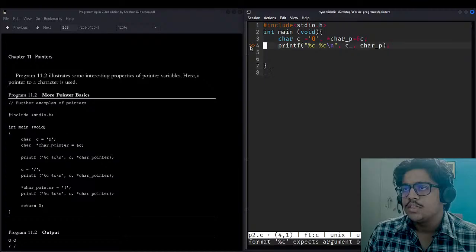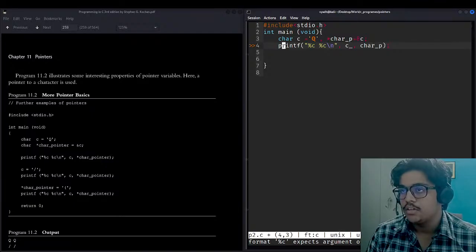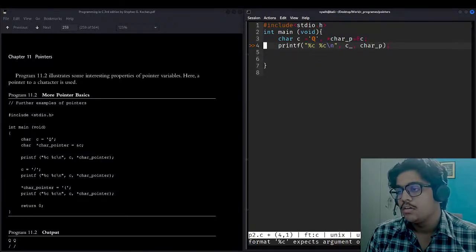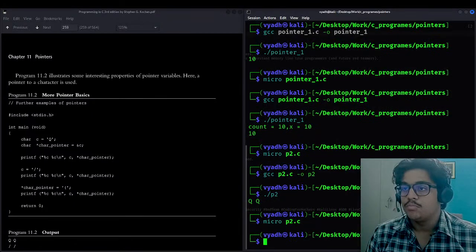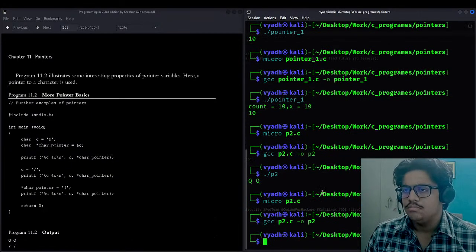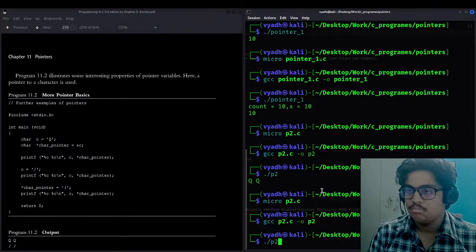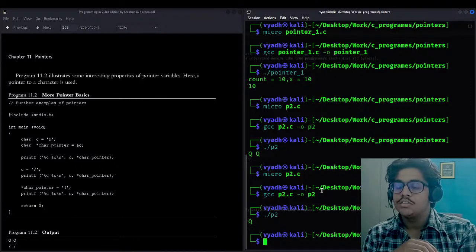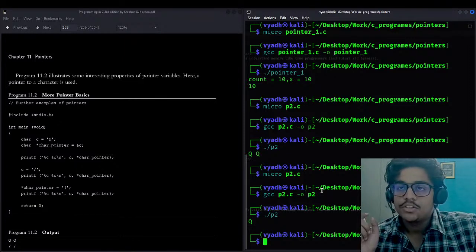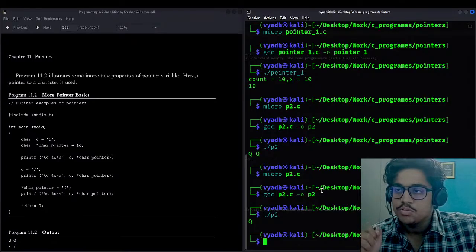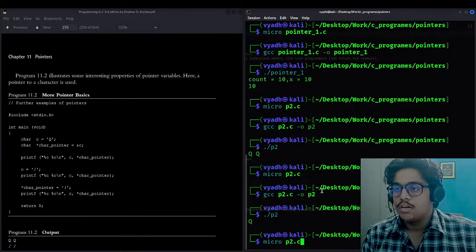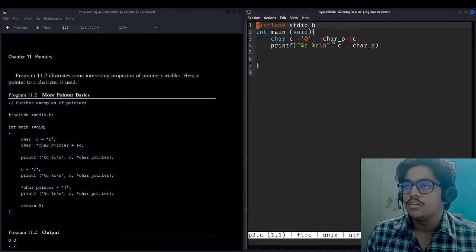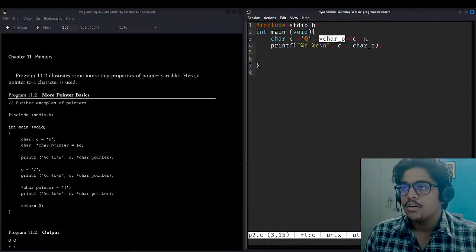So %c expects argument of type int, but argument 3, I cannot read the error perfectly. Let's do one thing. It is compiled. Okay, the program is running, but I have not used the indirection operator, that is the asterisk sign. So if you see the program, the value is not assigned to it, because the c value variable is assigned to this pointer to character, not that char p.